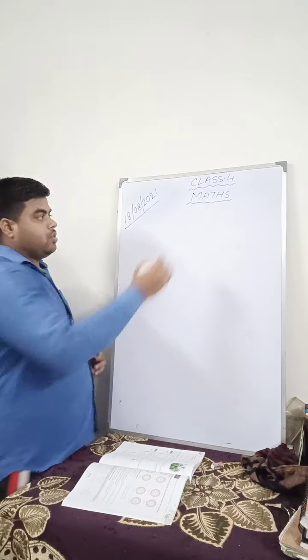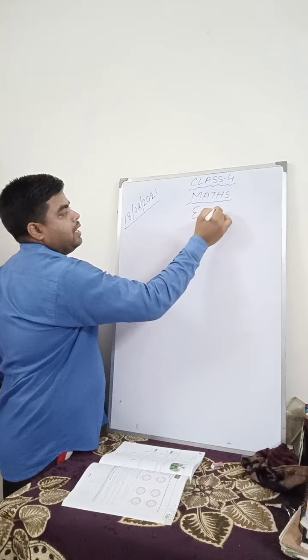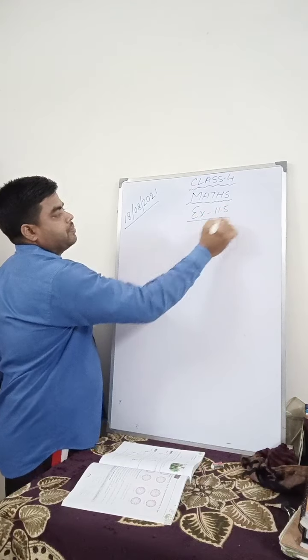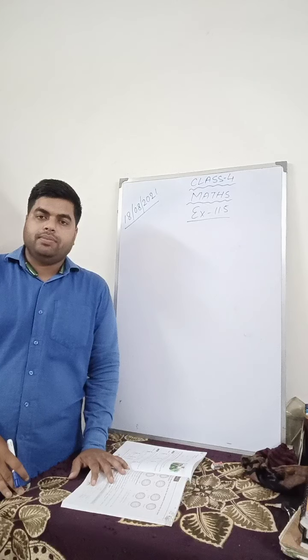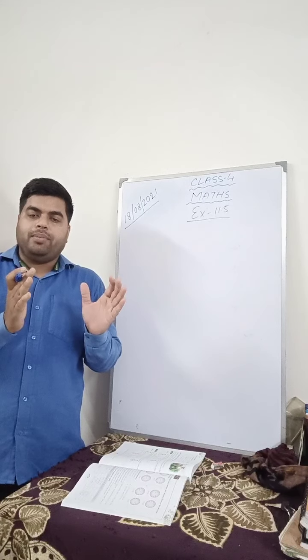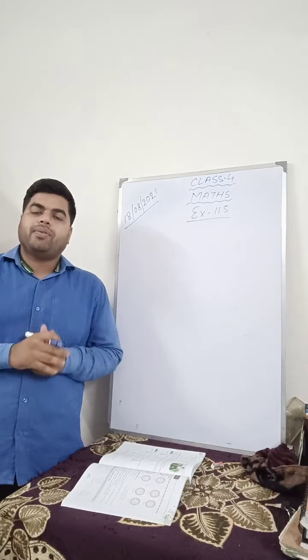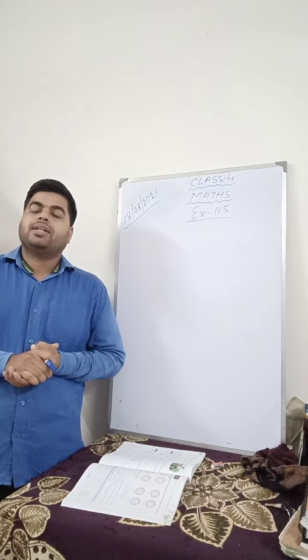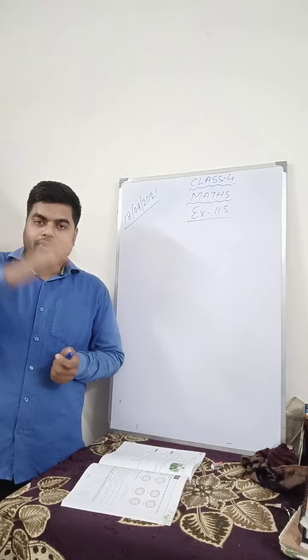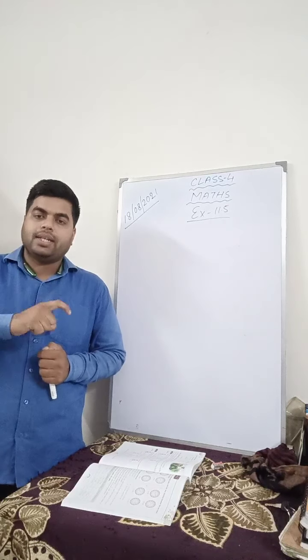And today we will start with exercise number 11.5. In exercise 11.5, they have asked you time duration. That means the gap of time. If you start an event, the gap of time is known as time duration. Suppose you start your school at 8 o'clock and it gets over at 1 o'clock. So the full 5 hours that you stay in the school, that is the time gap, that is known as